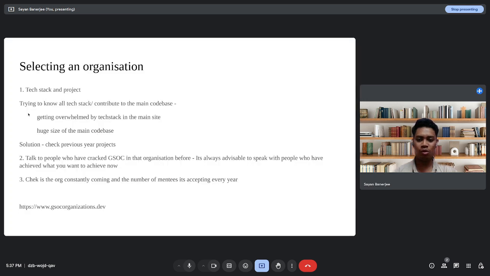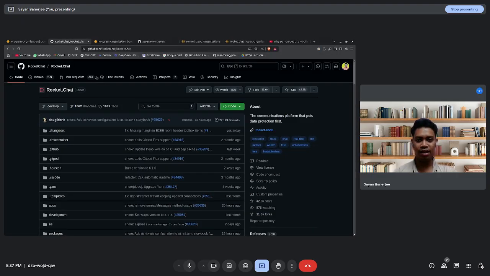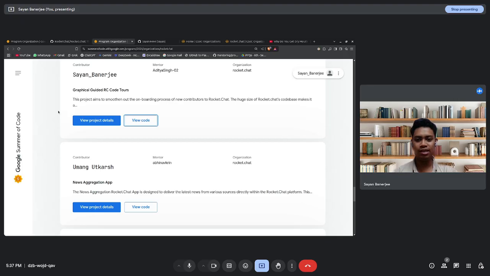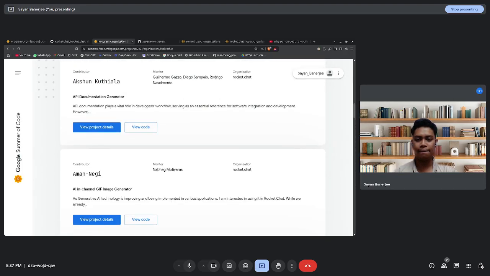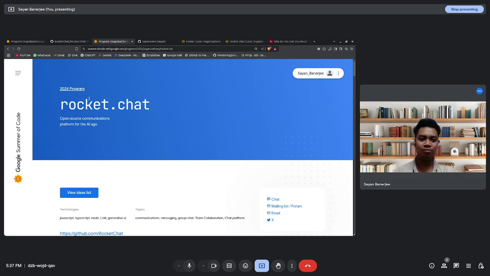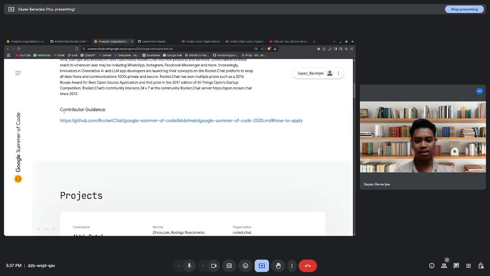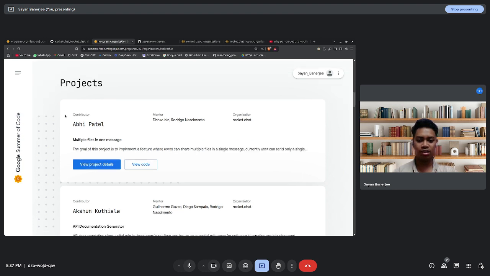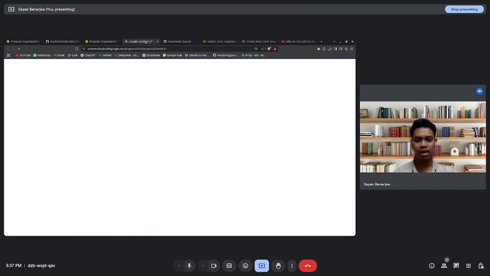Both of these problems have a simple solution, that is to check previous year projects. What kind of projects have come in previous years of RocketChat, or the organization which you're going to select? For example, you open 2024. I'm assuming from a perspective that when you're watching, the current year ideas have not been released. So you go to the previous year and you check what kind of projects were there. You open one, you just see